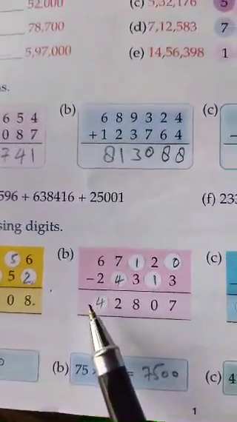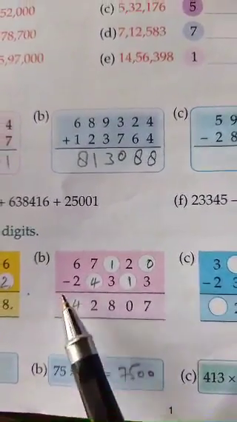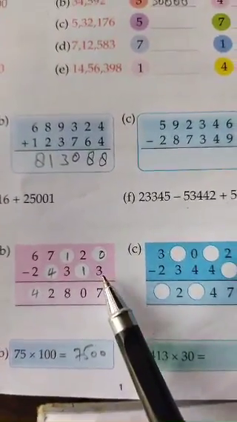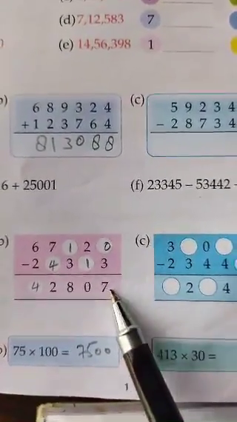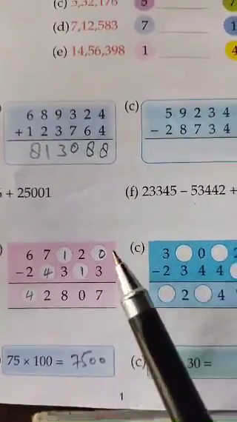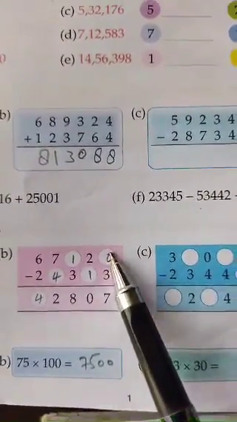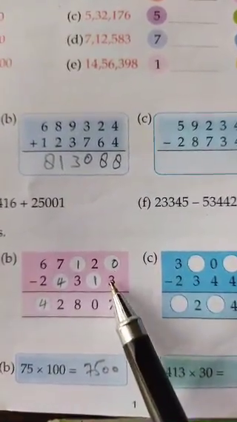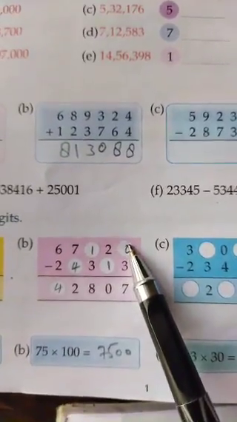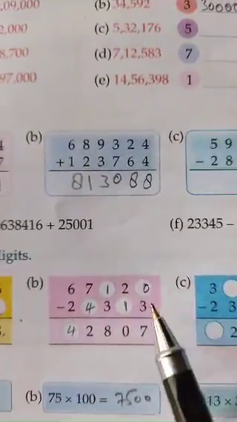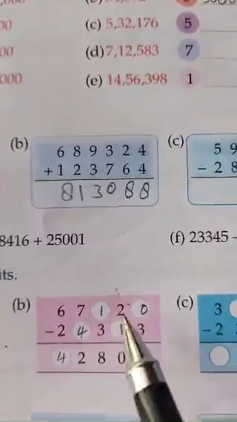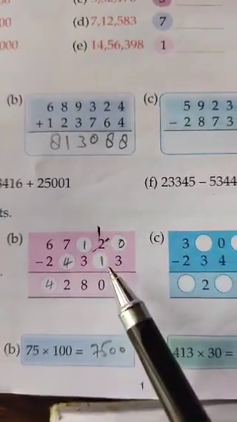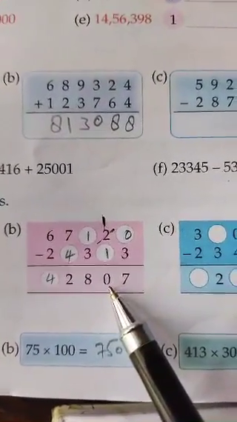Then coming on to B part, here the sign is minus. So in minus questions how will we do? Here it is 3. So what will be subtracted from 3 so that we will get 7? So the number is 10. But we cannot write two numbers at a time. So we will write here 0. Then here it is 2. So we will take carry from here. And here the number remaining is 1. Like this. Here we will put 1. Then 1 minus 1 is equal to 0. Like this you have to do.